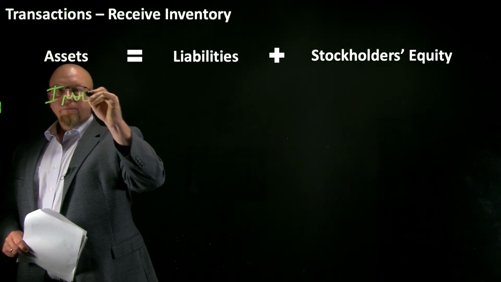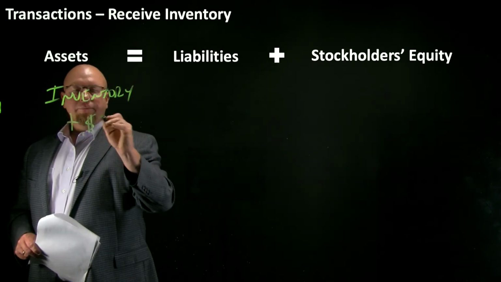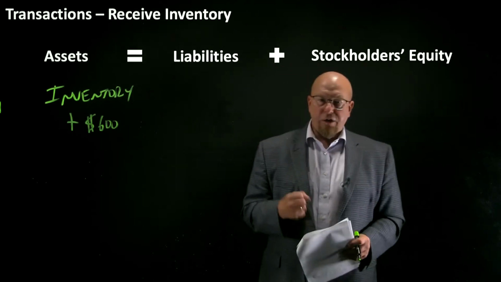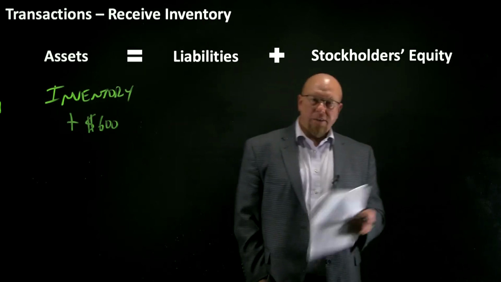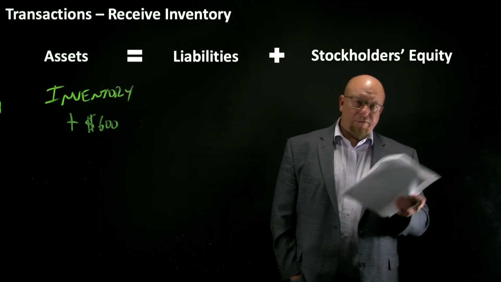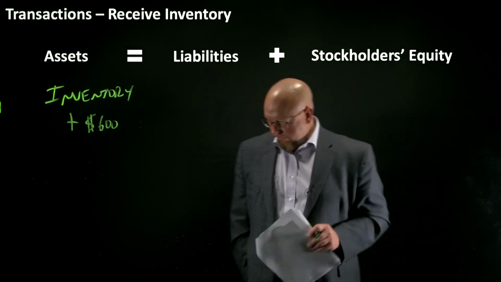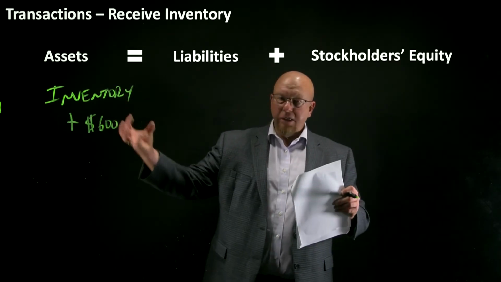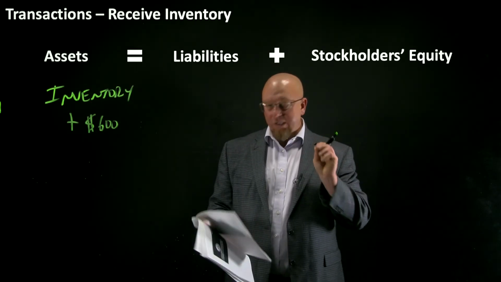New account here called inventory. Now let me explain. Inventory represents the cost of the goods that we are going to resell to our customers. So in the case of a coffee house, it's coffee beans, could be ingredients for baked goods like flour, sugar, eggs, things like that. It could be bottled beverages that you would resell to your customers. But this is going to be the cost of the things that we own that we intend to resell to